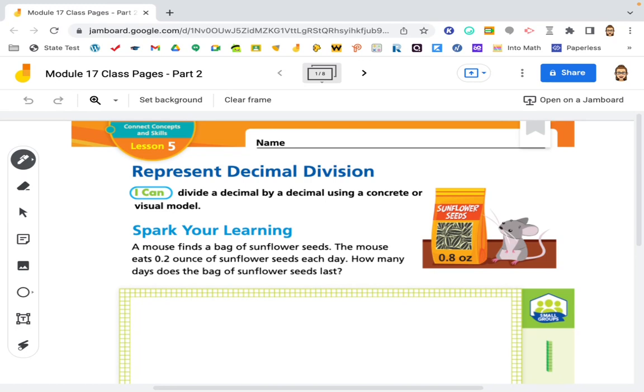It says a mouse finds a bag of sunflower seeds. The mouse eats 2/10 ounce of sunflower seeds each day. How many days does the bag of sunflower seeds last? Well,